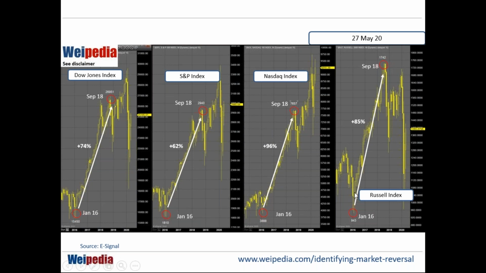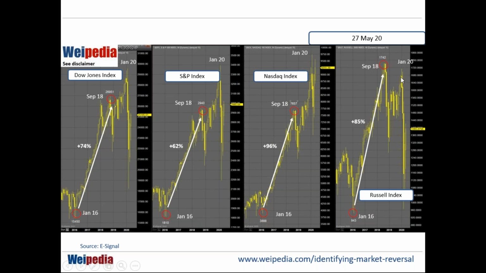You can see that, like what I said, the flow of the rotational play in a bull market starts with blue chips, then property, and the last leg would be the small caps. Now the interesting part of this whole picture is here. The market peaked in January 2020 this year. After September 2018, the Dow Jones continued to go up despite the trade war, and so did the S&P and the Nasdaq. But now let's look at January. All three of these markets have broken the September 2018 high, except for the Russell.